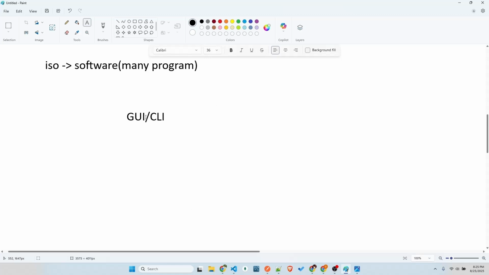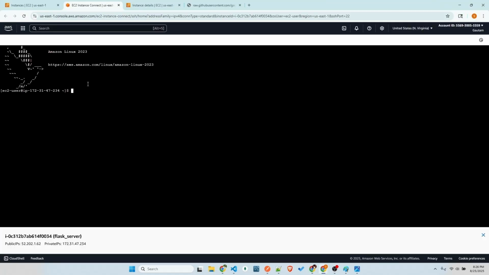the UI. And there is another way to access any operating system, which is the CLI. Whatever you're seeing here is the CLI mode. You'll have commands to interact with the operating system. I'll be showing this practical in two places, in Windows and in the Amazon EC2